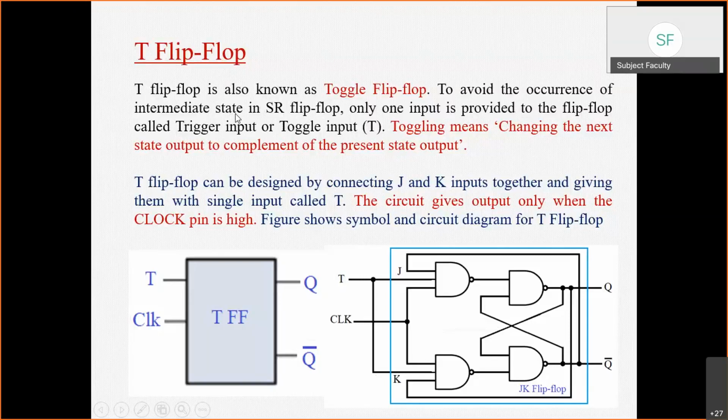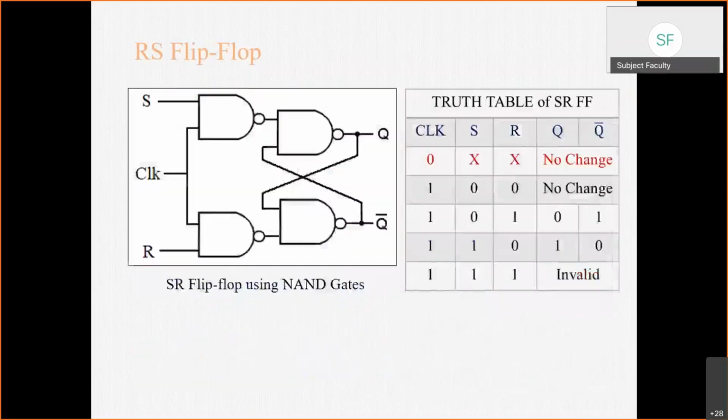that the states in the truth table of the SR flip flop, that is the states of set and reset, are avoided in this particular T flip flop. You know, in the SR flip flop there were actually 4 combinations possible because of the 2 inputs. First output was no change. I will just go back. Okay. So I'm talking about this particular truth table. So these four are actually our input combinations.